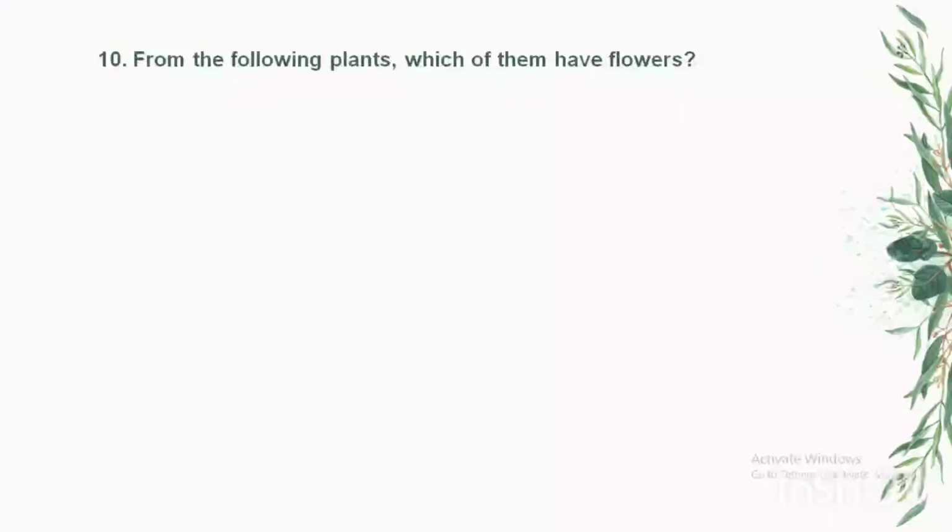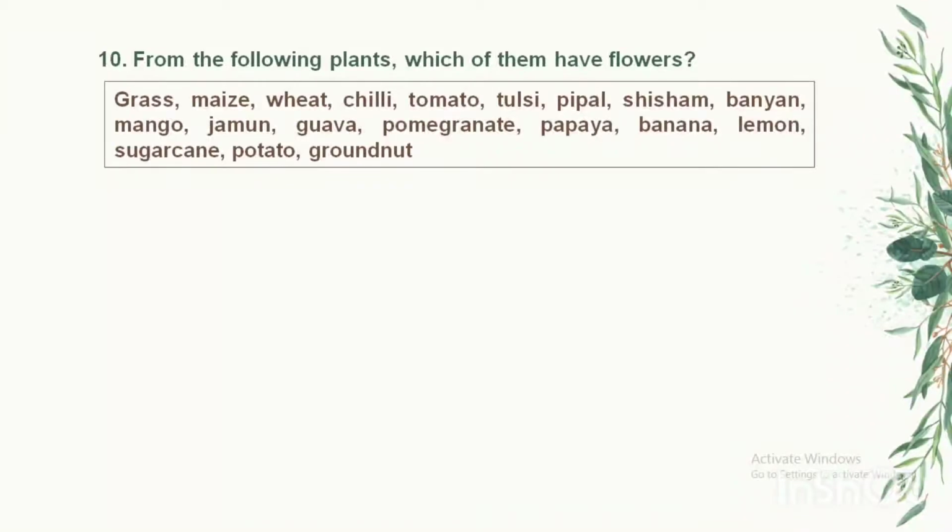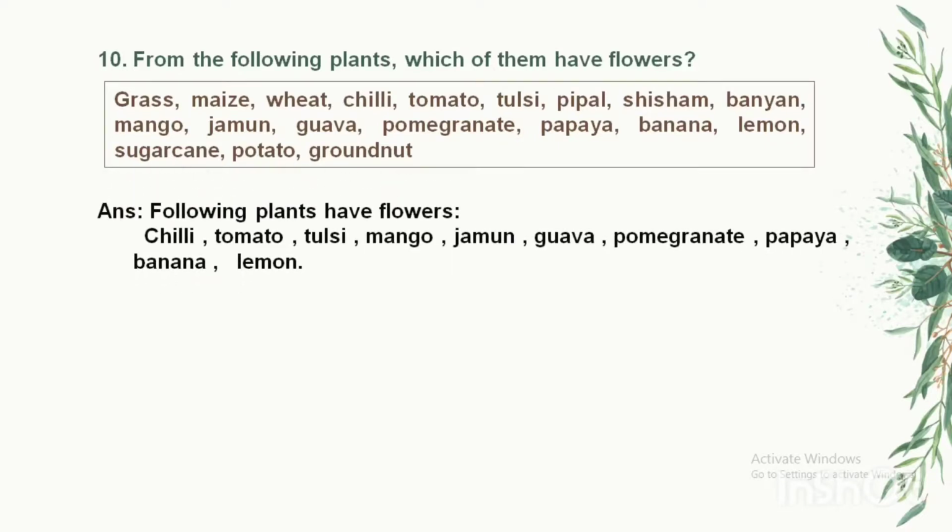Next question is, from the following plants, which of them have flowers? We have categories. So grass के ऊपर कभी फ्लावर आता है? नहीं. मेज के ऊपर, मेज मतलब मकई, आता है? नो. वीट के ऊपर? नो. ओके. चिली के ऊपर? यस आता है. ओके, व्हाइट कलर के होते हैं. टोमेटो के ऊपर? यस आते हैं, येलोइश व्हाइट होते हैं. तुलसी के ऊपर आते हैं, यस, देन पीपल के ऊपर नहीं, ओके, सो लाइक दिस वे हमें उसको कैटेगराइज करना है।